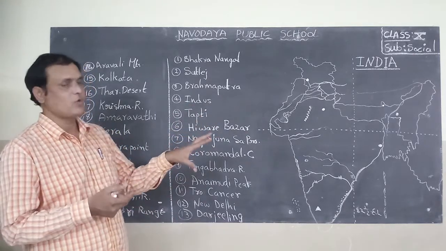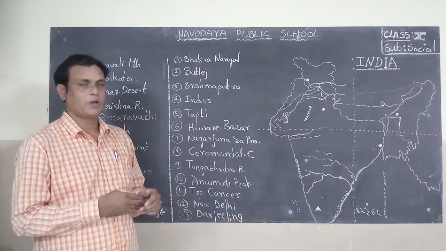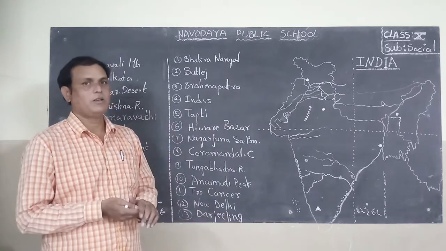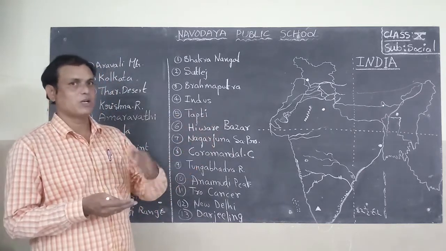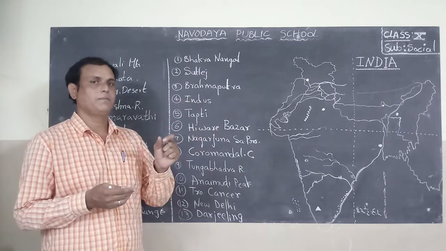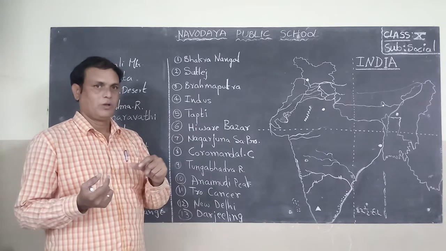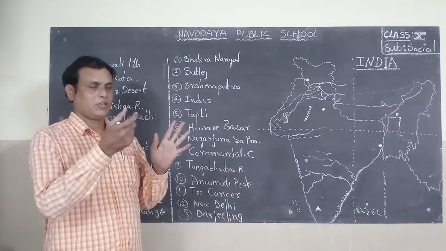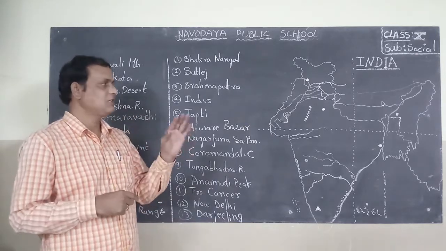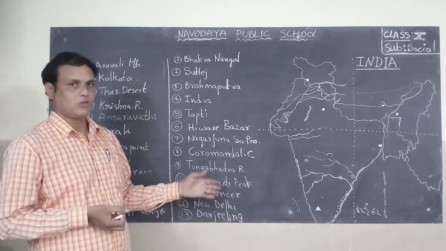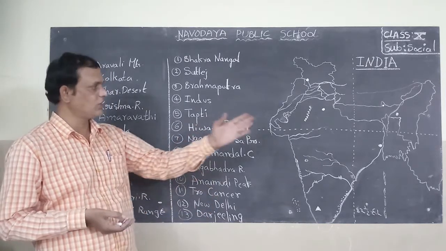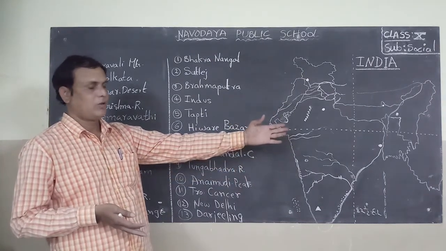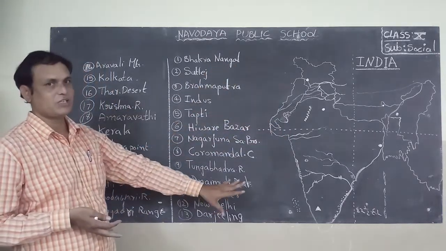Today I want to explain map pointing. Map pointing is important for paper 1 and paper 2. After my explanation, take your outline maps and, with the help of material and textbook, practice at least 5 maps. In each map, write down an index of 20 or 25 locations and locate them in your outline map. Now I want to show you some locations in the Indian map.